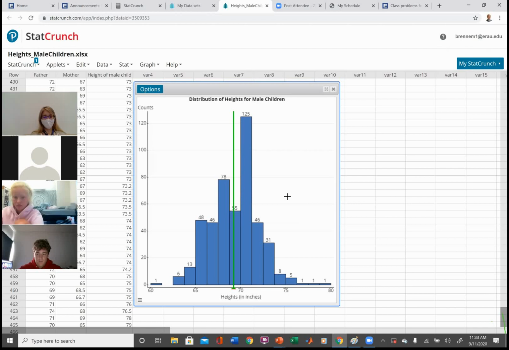Okay. So when it looks like there's a lot of modes, what we're going to do is increase the bin size a little bit. What I want to see is when I change this bin size, does this still appear to be a mode, or does it kind of average out? Notice that if I change the bin size, it's probably going to get a little bit of averaging out. So let me show you what I mean.